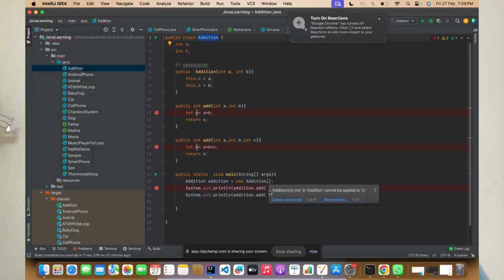It is saying to create a constructor. So what is meant by a constructor? A constructor is nothing but a special method whose name is similar to your class name, and which will be invoked when you create a class. So if I pass 3 comma 4,